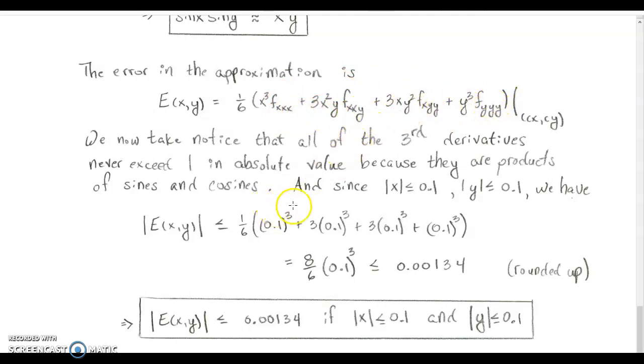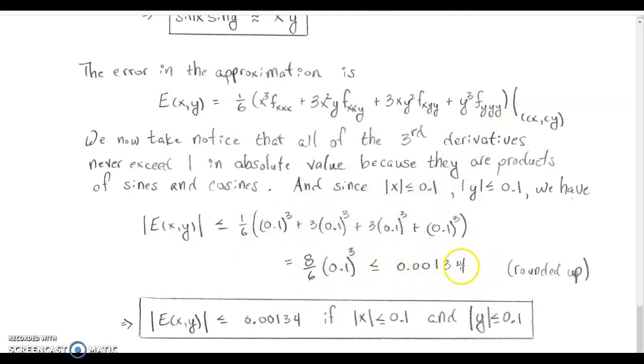Since the absolute value of x is less than or equal to 0.1 and the absolute value of y is less than or equal to 0.1, the absolute value of the entire error is less than or equal to 1/6 times 0.1 cubed plus 3 times 0.1 cubed, since 0.1 squared times 0.1 is still 0.1 cubed, plus another 0.1 cubed. So it's actually 8/6 times 0.1 cubed, which is less than or equal to